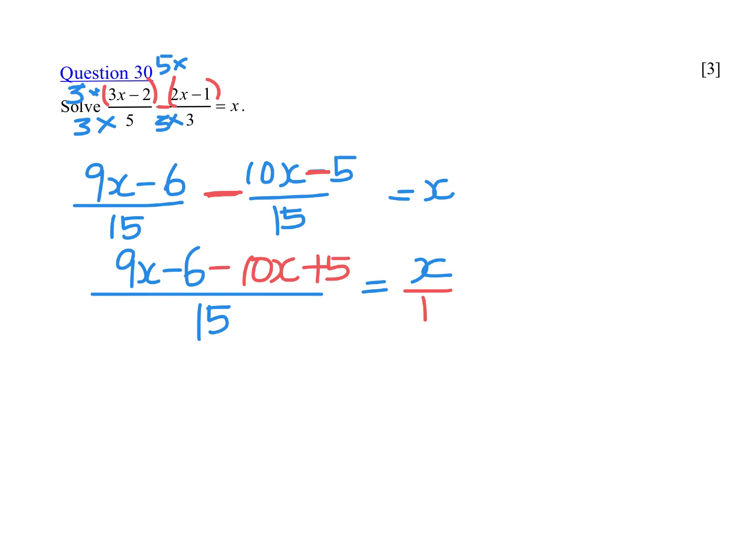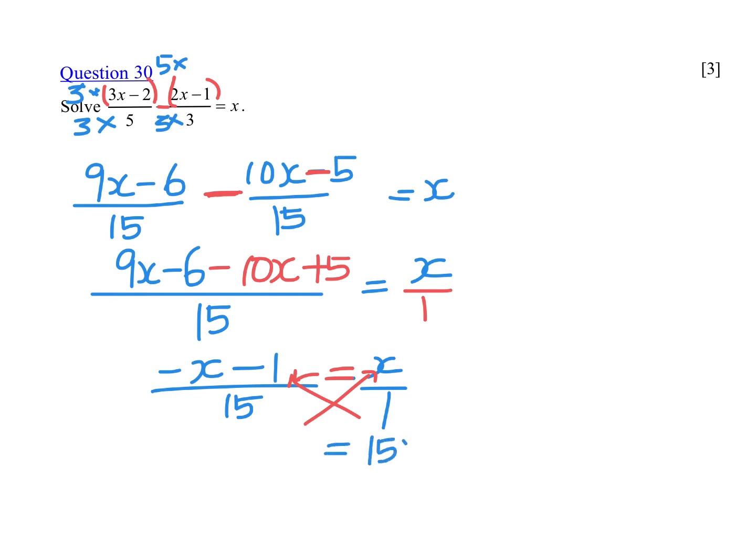Let me simplify the numerator for this portion. This will be negative x minus 1 over 15, x over 1. And now with this equal sign in between, then I can do my cross multiplication. Okay, I'm going to do my cross multiplication. So usually my denominator shifts up. So this will be 15x. This one will be negative x